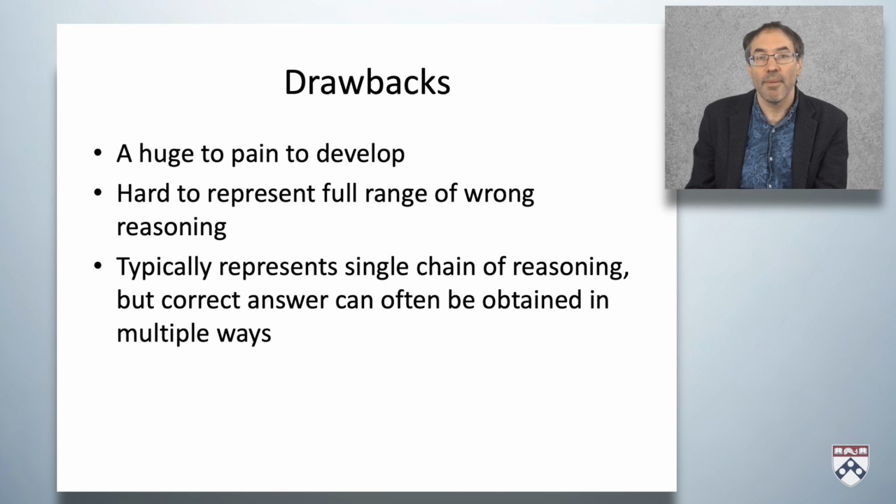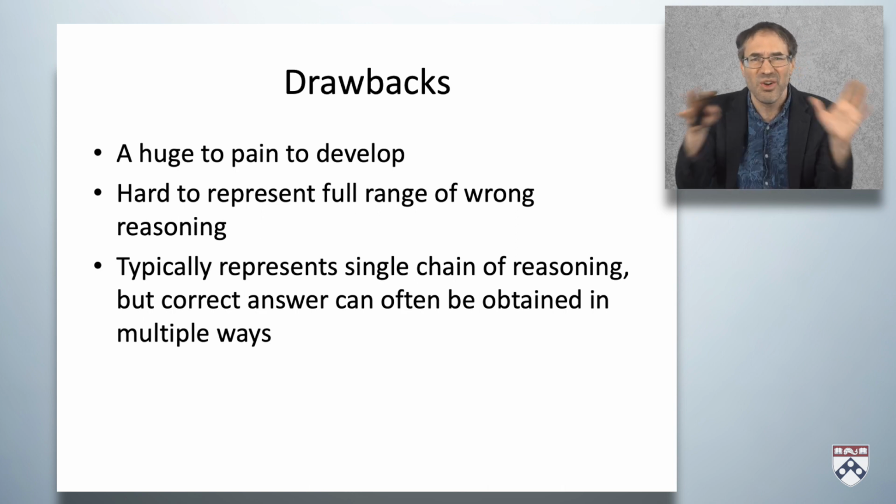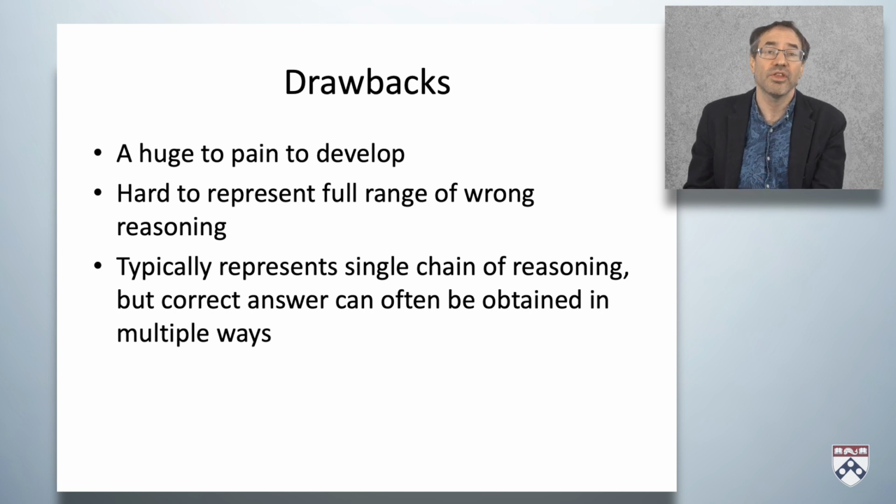But there are several drawbacks to model tracing. For one thing, it's a huge pain to develop. It takes a ton of work. And it's hard to represent the full range of wrong reasoning because there's so many ways that people can get things wrong. It typically represents also only a single chain of reasoning, but a correct answer can often be obtained